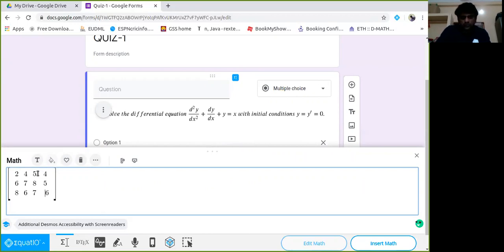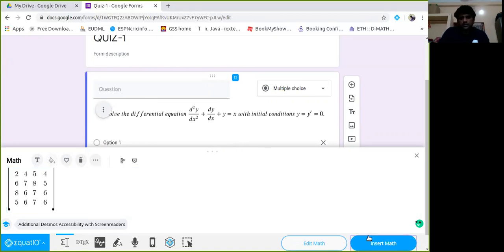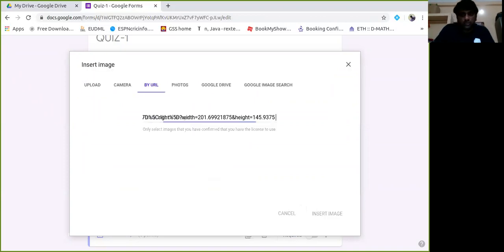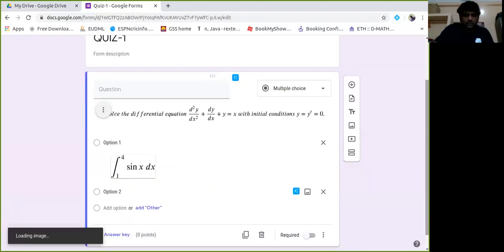This is 3 by 4. Suppose you want to type 4 by 4, this is 4 by 4. Just click on insert math. In option 2, you can see that matrix.